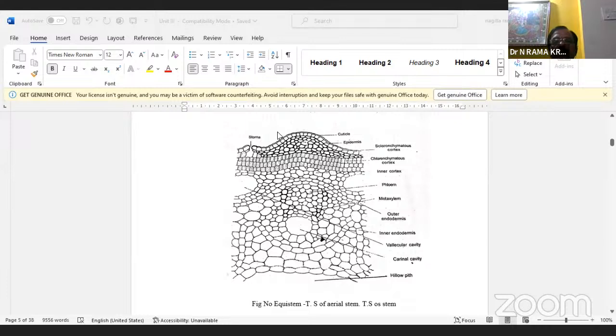This one, furrows and ridges are there, and the epidermis is there, and the next one, that of the cortex, is there, and the last one, that of the stele, we are also looking at. Okay, yes. So next, now you see here the internode of the stem, the transverse section of the aerial stem